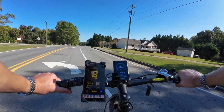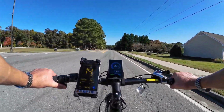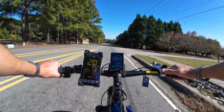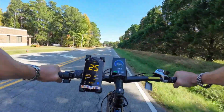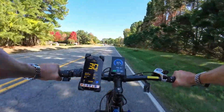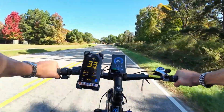All right, let's show you what this Eurostar is capable of in the speed department. So throttle only, it's only gonna take me to 20. So to get the full speed out of it, let's bump it up to gear 7, pedal assist 5, and it's a cadence sensor, so I just gotta rotate the pedals, I don't gotta push. But we're up to 30, no problem. It's cruising, man. All right, 32, 33,